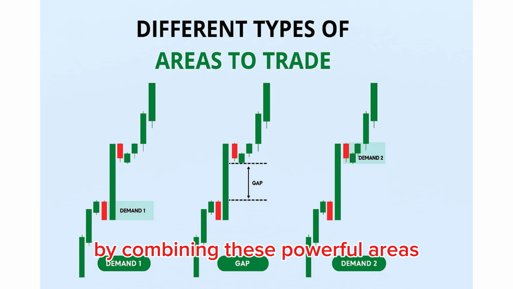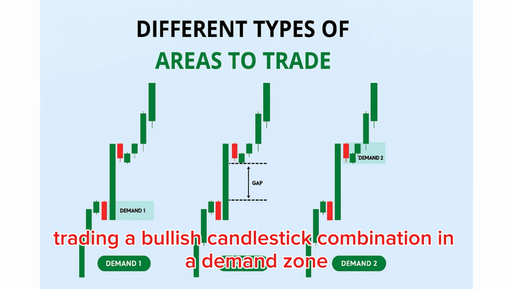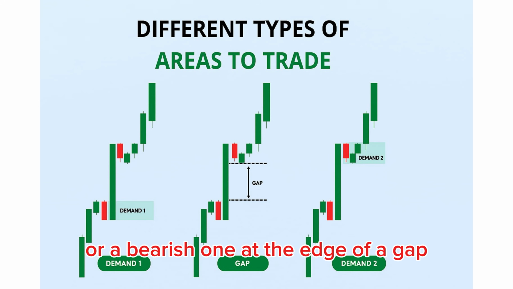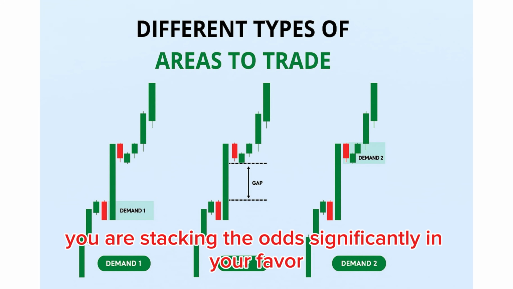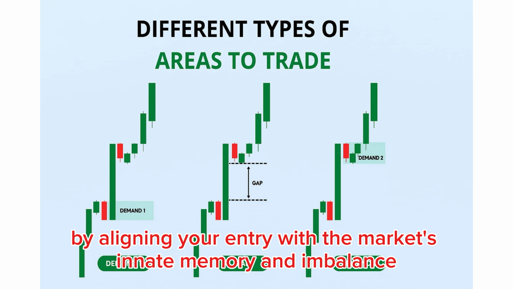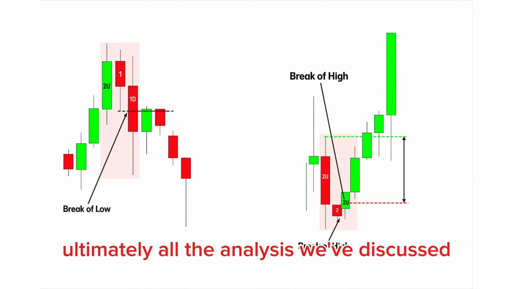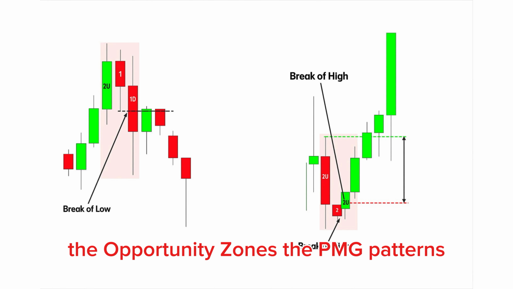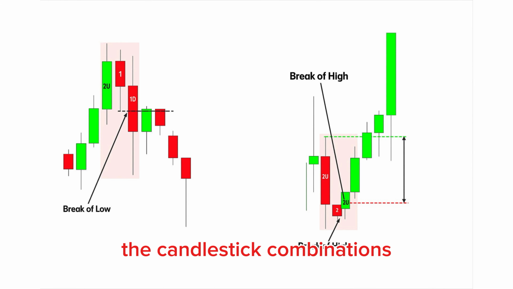By combining these powerful areas, trading a bullish candlestick combination in a demand zone or a bearish one at the edge of a gap, you are stacking the odds significantly in your favor by aligning your entry with the market's innate memory and imbalance. Ultimately, all the analysis we've discussed, the opportunity zones, the PMG patterns, the candlestick combinations, and